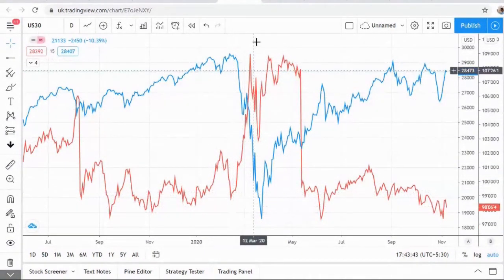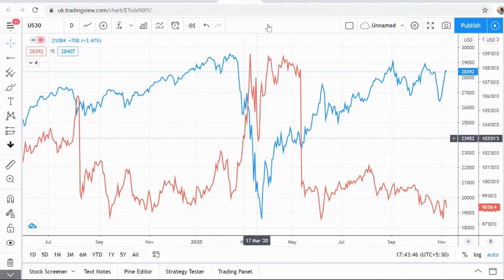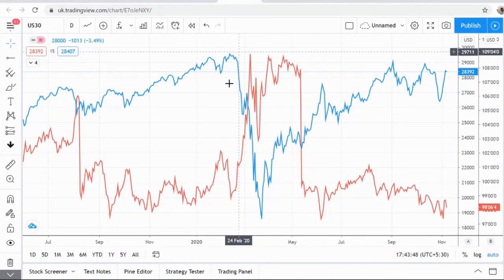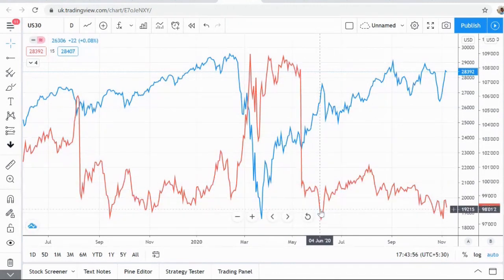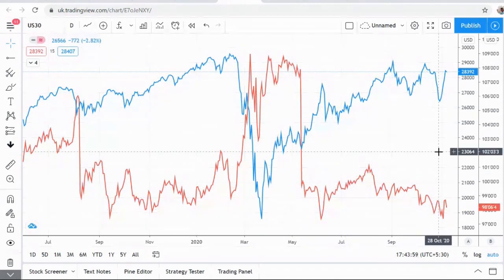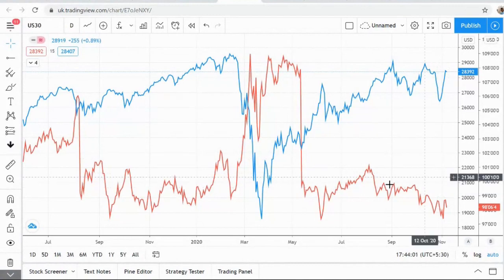Why did the bond price rise? Because people were buying here, right? Without buying, the price will not rise, ideally. Again, when the equity market bottomed out and started rising, the bond market fell. Well, so a thing to note here is